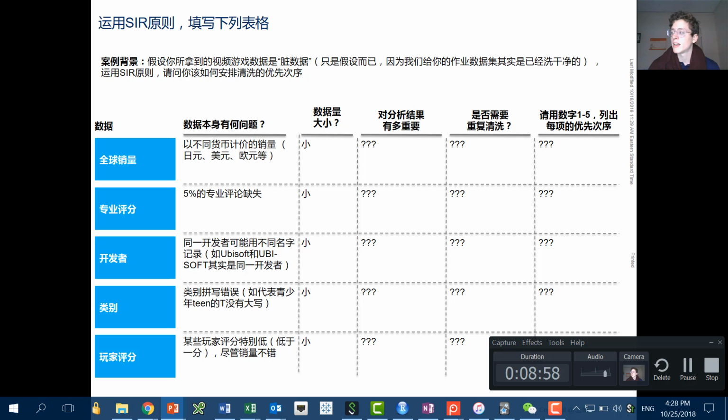This is the homework sheet that you will be working on. I think it will make a little more sense when you are doing it, but you'll be using the SIR framework in order to build this out. So this should motivate what you're learning. This should motivate how you are thinking about this upcoming session, and it's a really, really exciting one. So let's do it. I'm going to pause right here to let you look briefly over the homework and understand it, and then I'm going to dive into data.